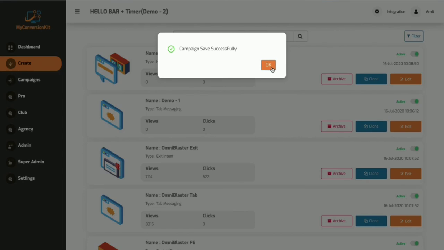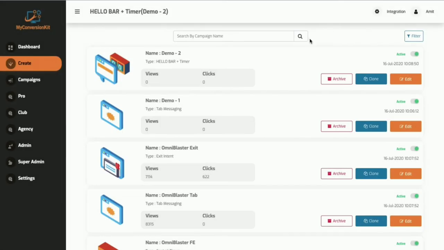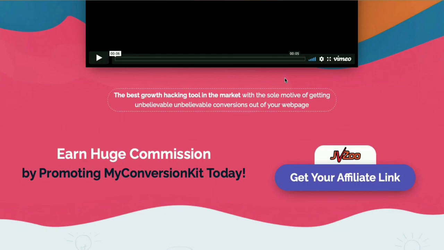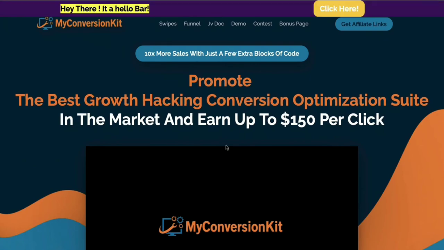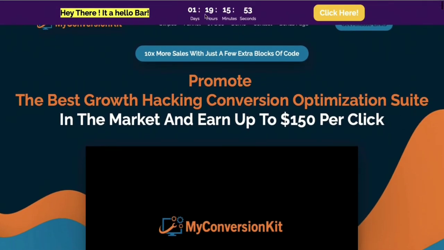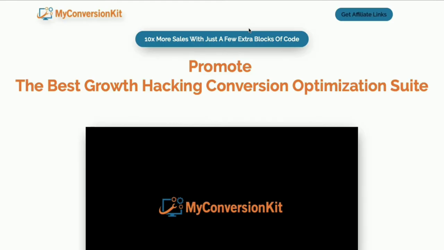Campaign saved successfully. Let's go to the page we have added the campaign. Reload. And here's a hello bar. You can see the time, 1 day, 19 hours, 15 minutes. You have that option. So I've clicked over here and it is taking me to another page.